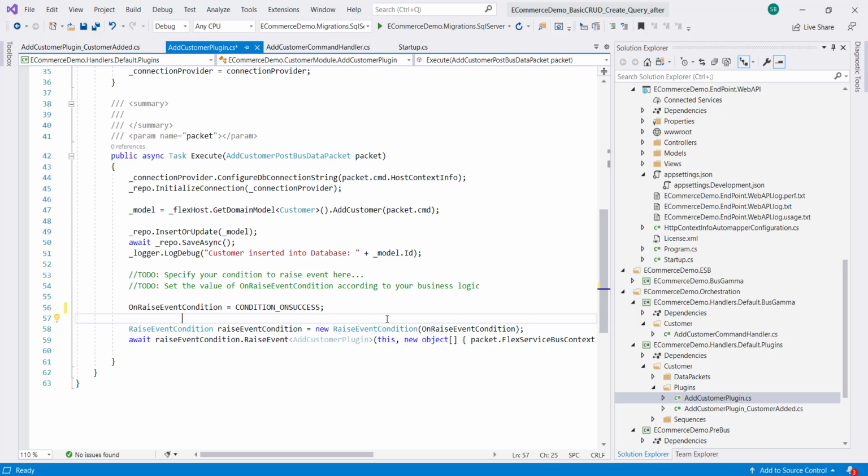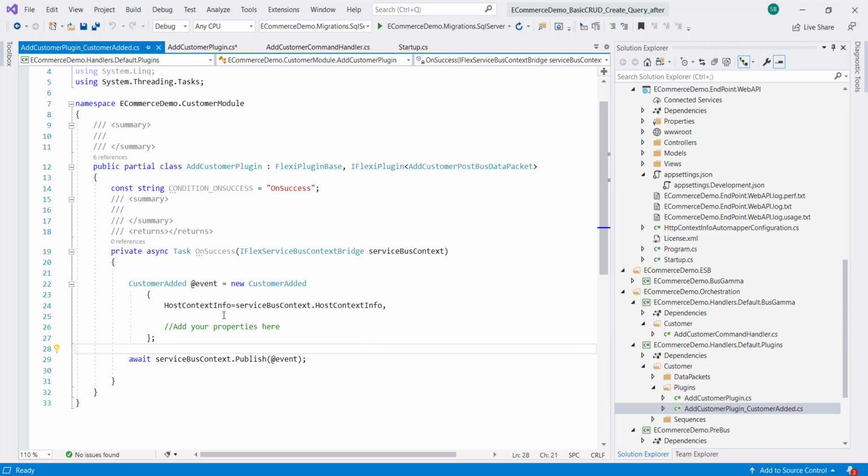So this is the event. Next we will see how this raised event is handled by the subscriber. If you notice here, whenever we are raising an event, we are passing the context info here also, since the whole process is asynchronous and eventual. So we need the context info in other places also, and that's why the context info needs to be passed here.